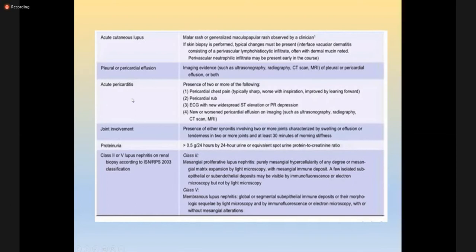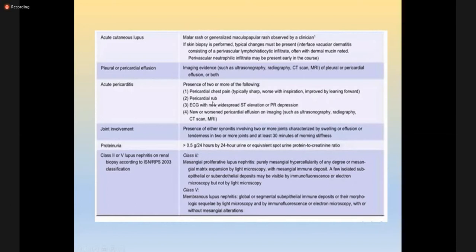But when you label a patient as having pericarditis, basically these definitions are based on clinical features, symptoms, signs and laboratory findings. The patient usually complains of a typical sharp chest pain, and the characteristic of pericarditis pain is that it worsens with inspiration and improves with leaning forward. That is the typical pain, which will help you differentiate it from chest pain because of ischemia.